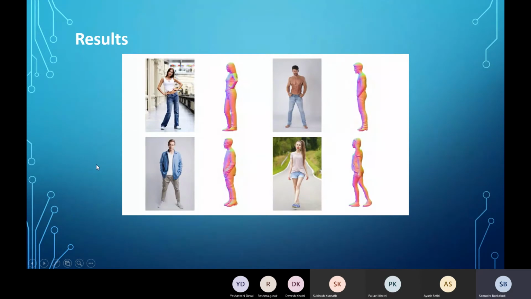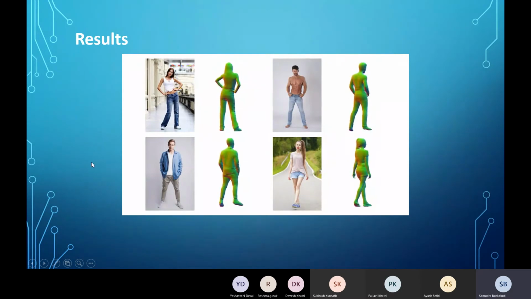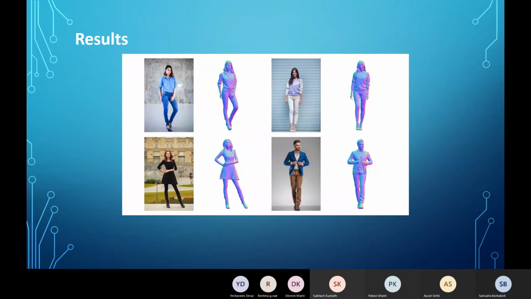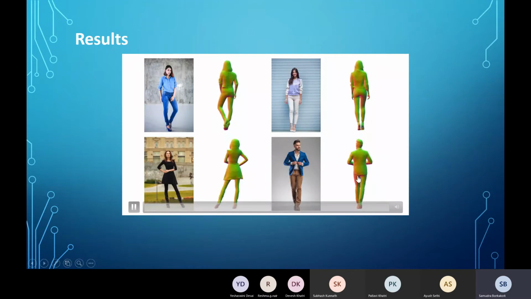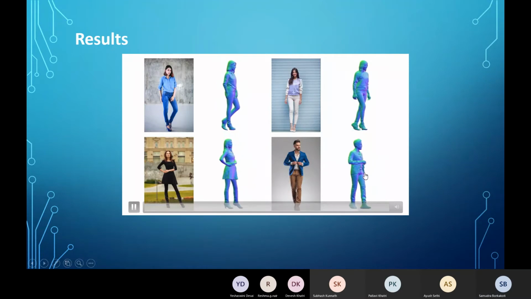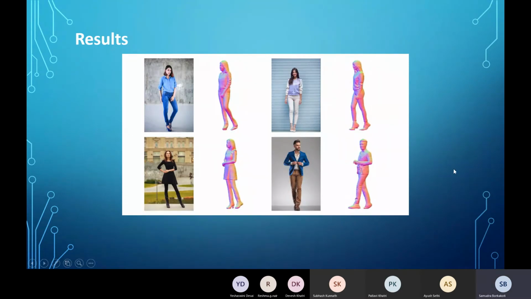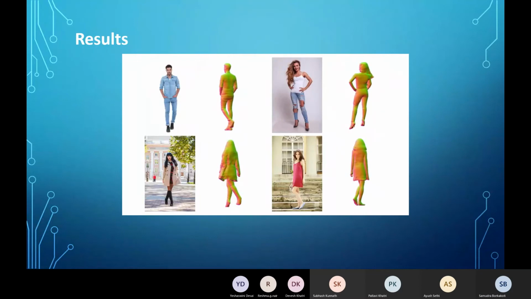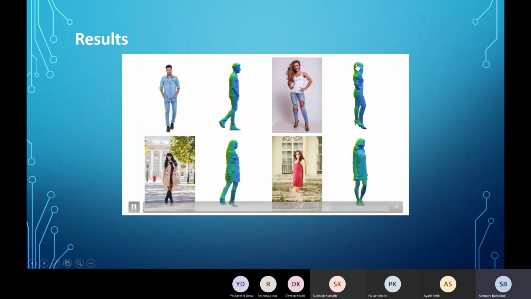Just from the image at the front, it recognizes it's a coat. It infers how the coat should be, basically. Even the hair.